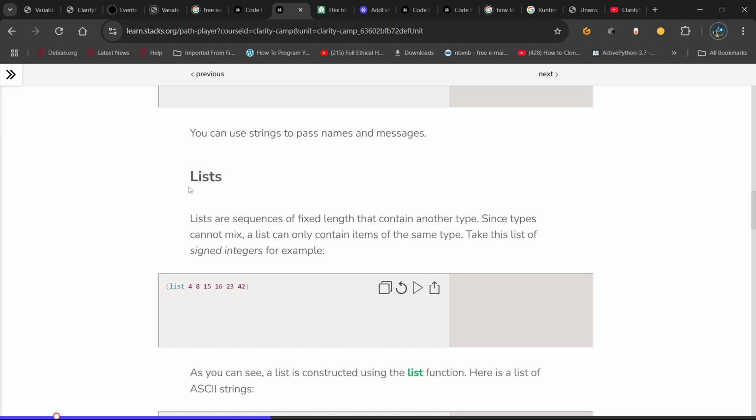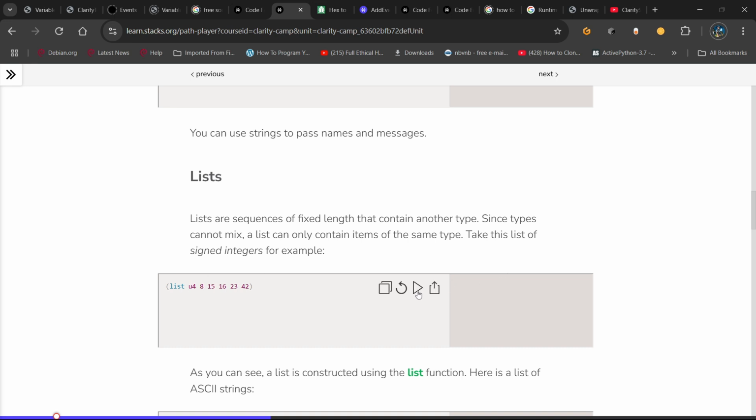So I was talking about list, a sequence of data. Remember we have different data types. In the primitive sections we talked about uint, strings, and all whatnot. But here a list can contain a list of data types, right? Now the data type must be the same. If you're putting in a number on the list, it has to be a pure number, right? If you start with a uint